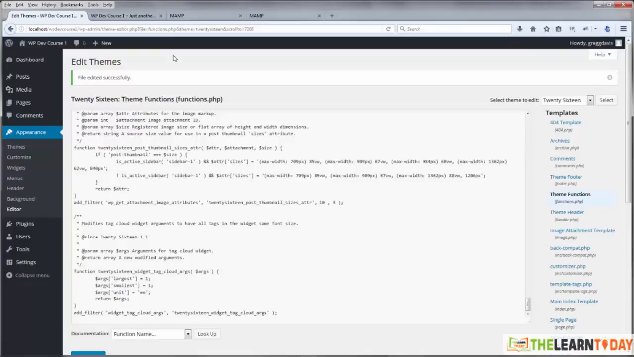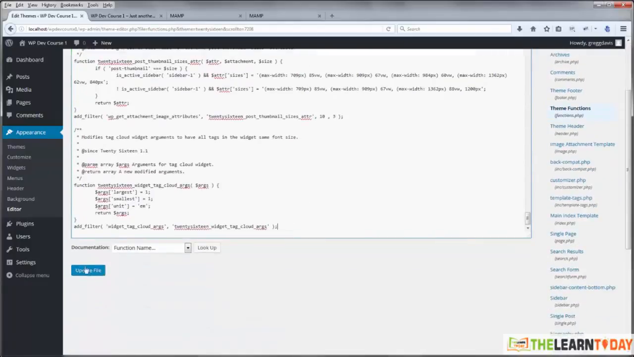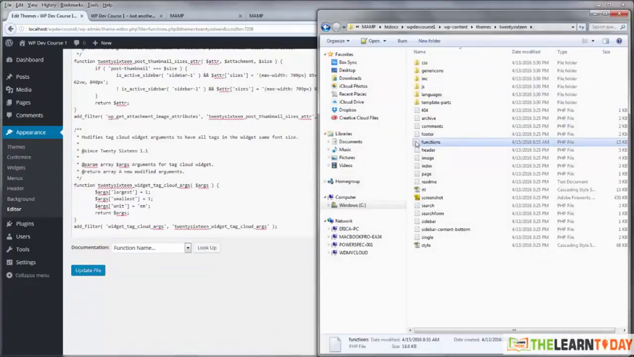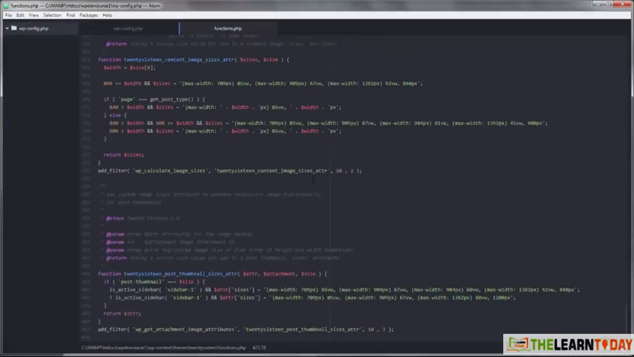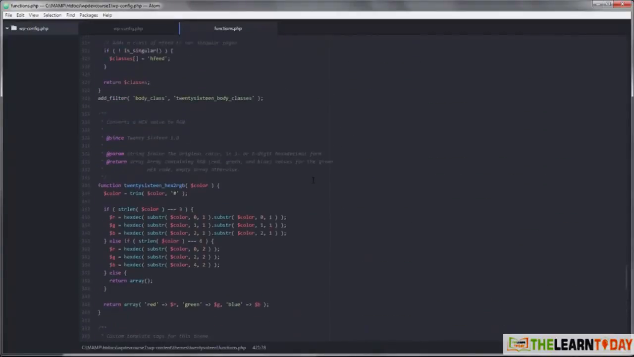So go ahead and break your own site. Open the functions.php file, remove a semicolon, and then save that, update the file, and then go ahead and go in via Windows Explorer, open the functions.php file in your code editor, replace what you